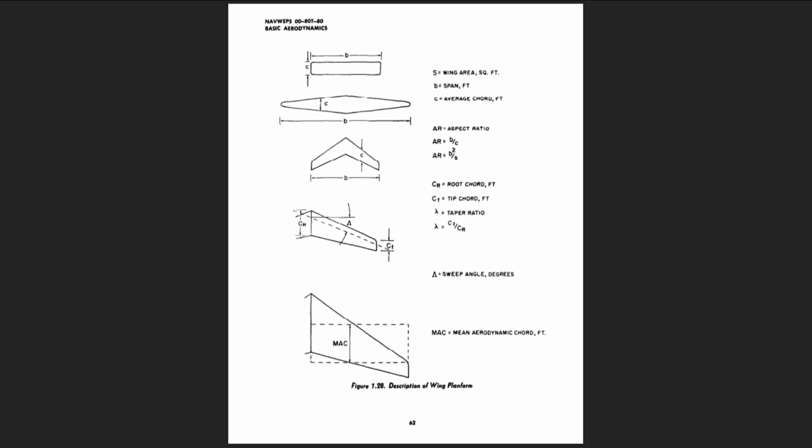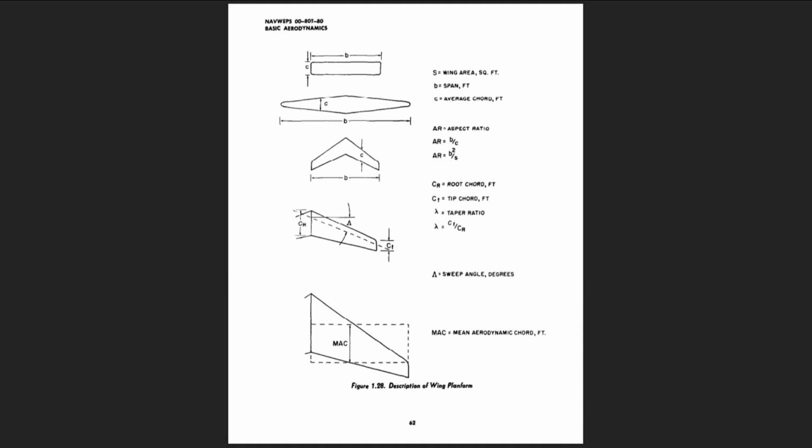5. The root chord, lowercase c sub r, is the chord at the wing centerline, and the tip chord, lowercase c sub t, is measured at the tip. 6. Considering the wing planform to have straight lines for the leading and trailing edges, the taper ratio, lowercase lambda, is the ratio of the tip chord to the root chord. Lowercase lambda equals lowercase c sub t over lowercase c sub r. The taper ratio affects the lift distribution and the structural weight of the wing. A rectangular wing has a taper ratio of 1.0, while the pointed tip delta wing has a taper ratio of